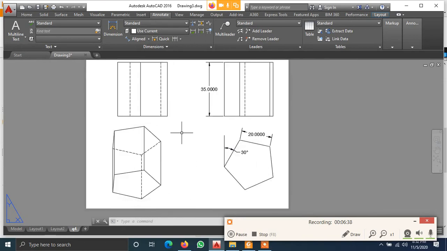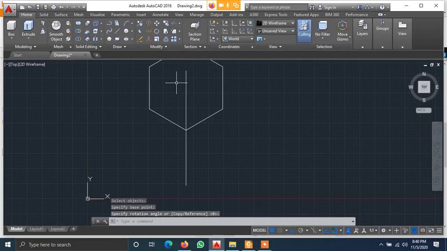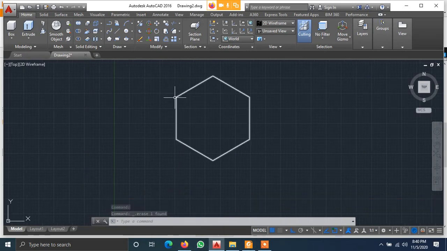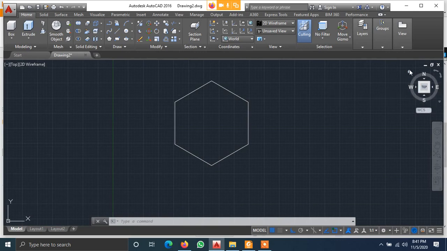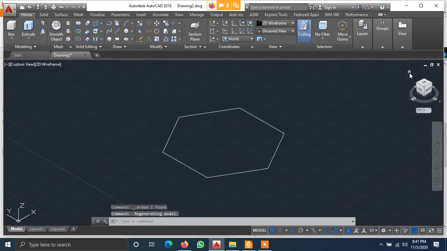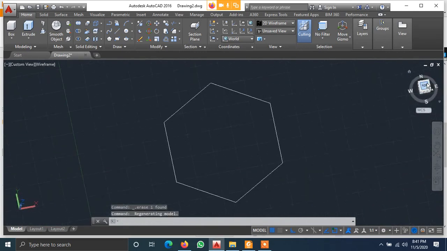This is the question, right? Any other doubts you got? I just use this as the reference line and then started executing this. Now this side, base side, is parallel to the wall. Now see, this is just a 2D entity, isn't it? This is just a 2D entity. Now you have to make it as a 3D entity.